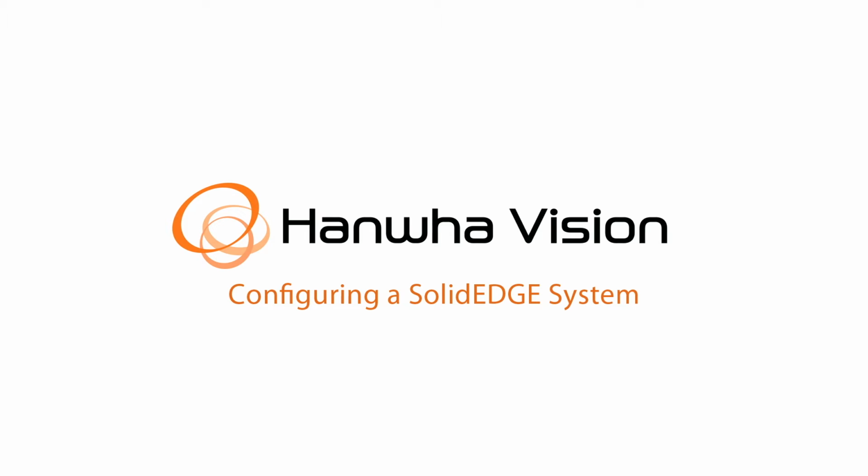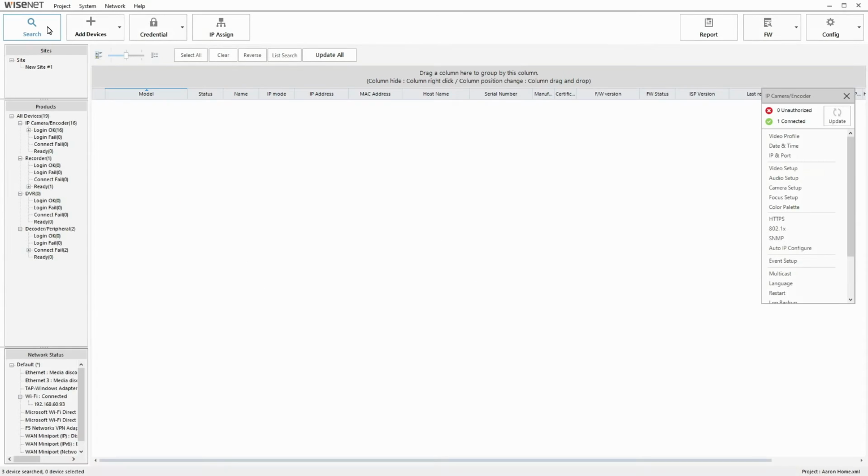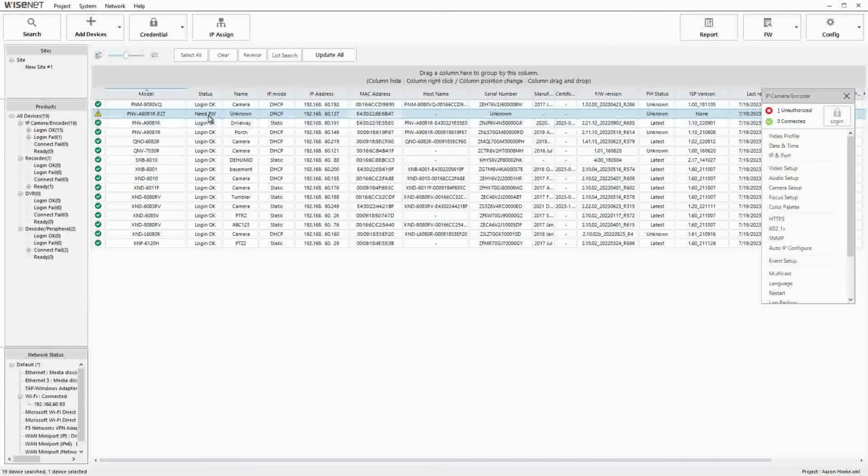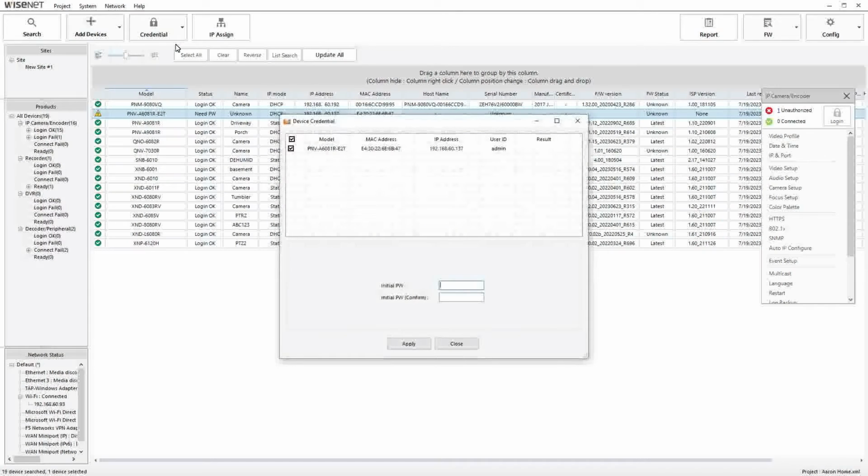In this video, you'll see how to set up the SolidEDGE camera system. We're going to start with the Wisenet Device Manager tool, and we're going to click the search button. And you'll see we have a listing of all the cameras on my network. I'm going to select the SolidEDGE camera, the PNV